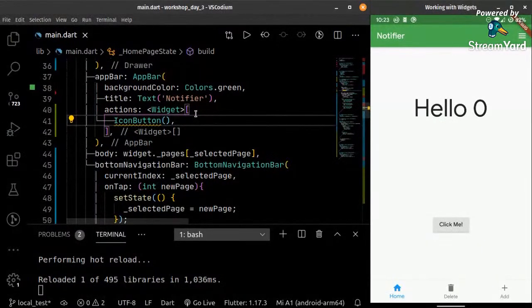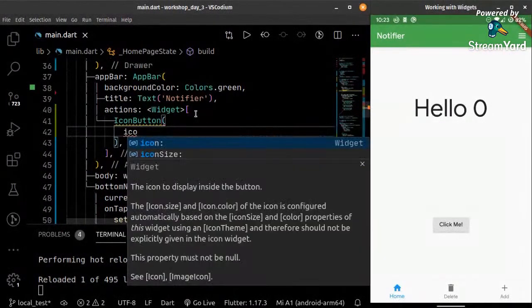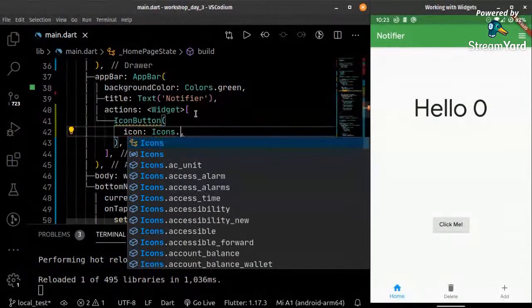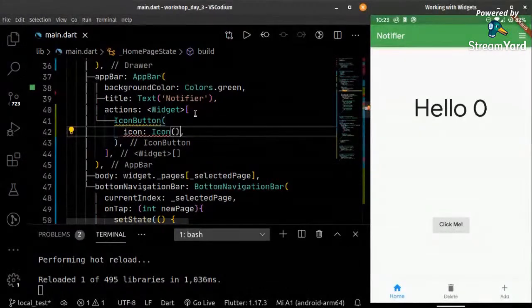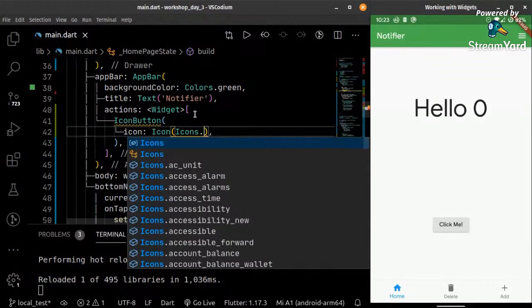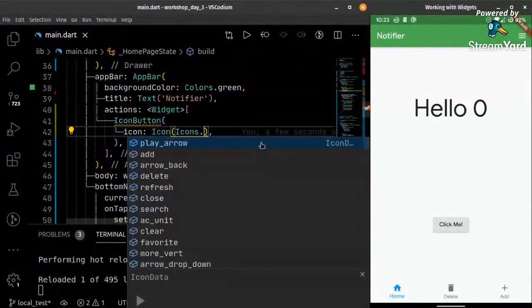Now, what is an icon button? It is a button that displays an icon that we can tap. An icon widget, Icons dot search,